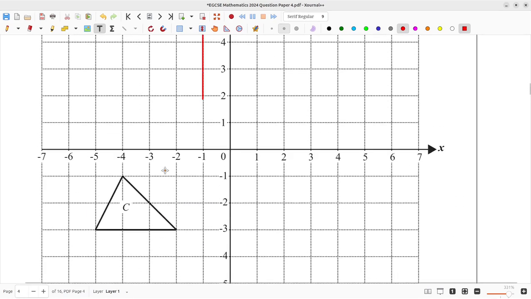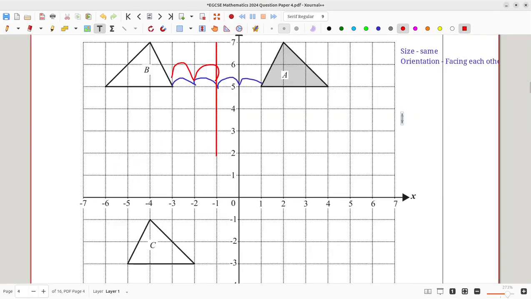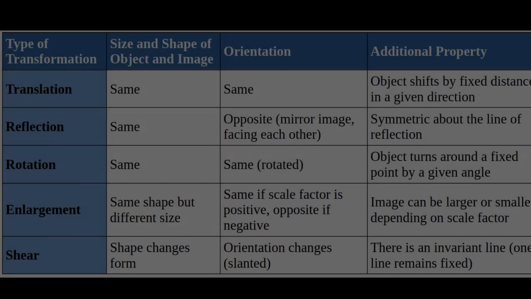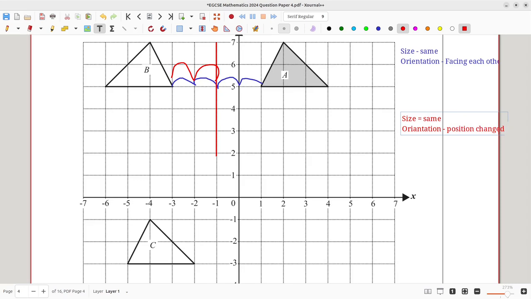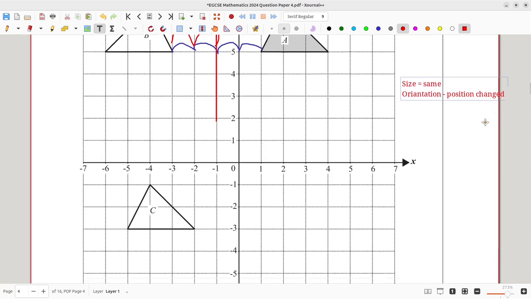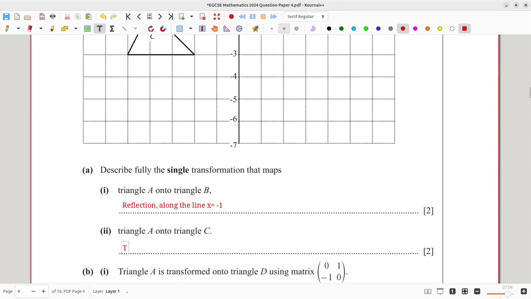Next question, A onto C. Let's compare size. Size is the same. Orientation over here: they are still facing the same direction and they've just swapped position. Position changed. And you definitely know that's a translation. So let's just go and write. This is translation